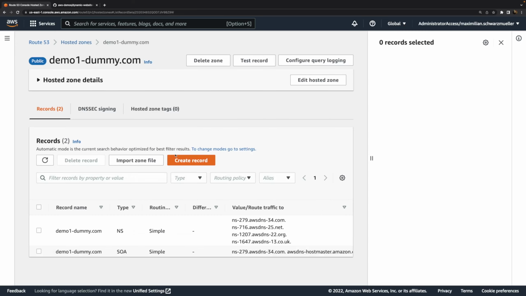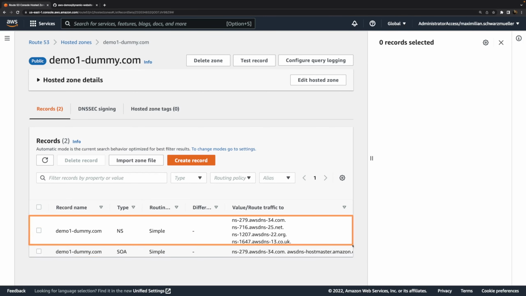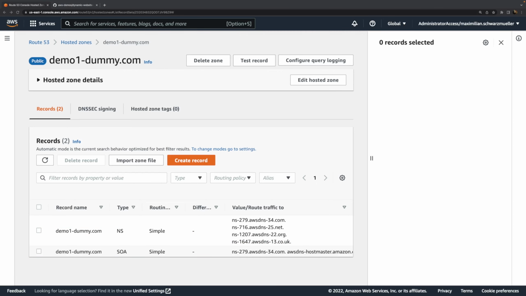If you click into the hosted zone that was created for this domain, you see that it has two records out of the box, and the most important record is the first one where the name servers for that domain are defined, and this in the end is an internal but very important record and setting that makes sure that the domain can be discovered and used by browsers. You should not delete these two default records unless you really know what you're doing.